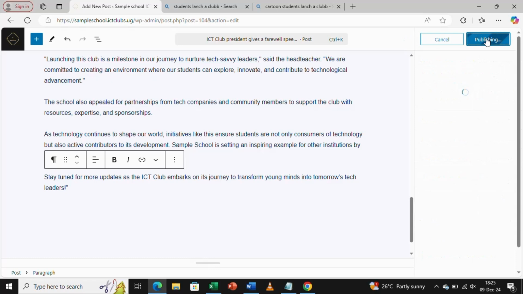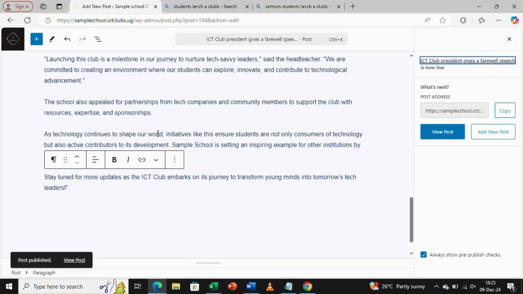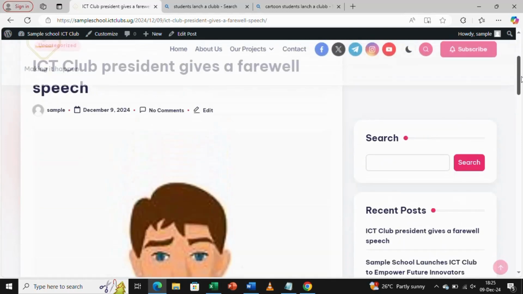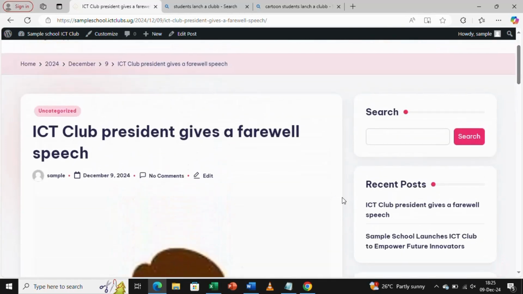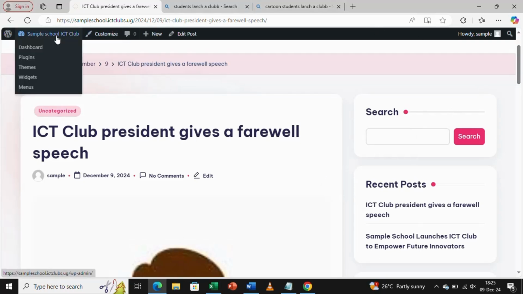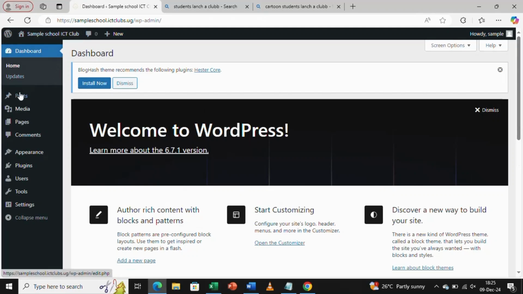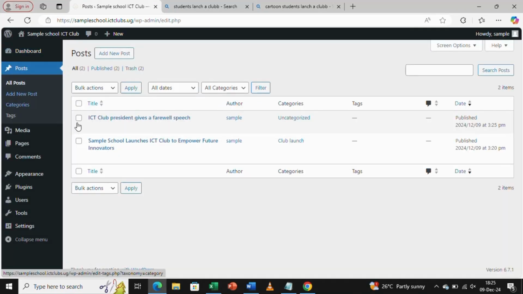So after doing that, I just click on publish, and my post will be published and will be viewed by anyone. See, ICT Club President gives a farewell speech, and that's the image. And you realize that I didn't put the featured image. So in case you realize you've left out something, you can still go back to the posts and edit them. That's the good thing with